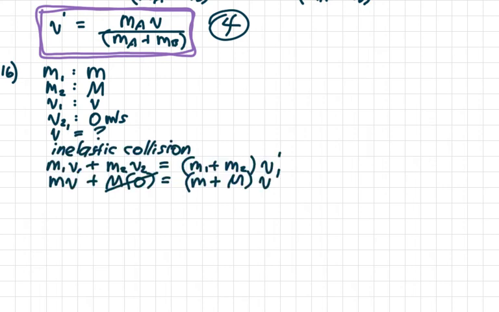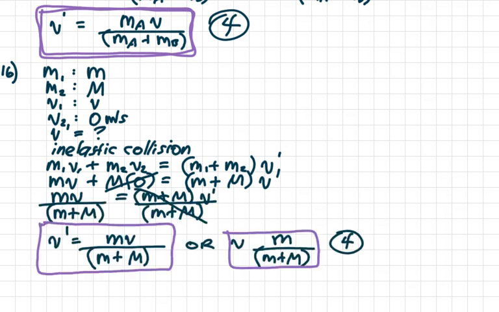All right, well, the m2v2 goes away because v2 is 0, because the block is at rest pre-collision, and I want to get v prime by itself, so I divide both sides by m plus M, the sum of the two masses. I'm not really sure why they wrote it that way for choice 4, but it would be m over m plus M, so it's kind of like the ratio of the masses maybe, times the velocity of the